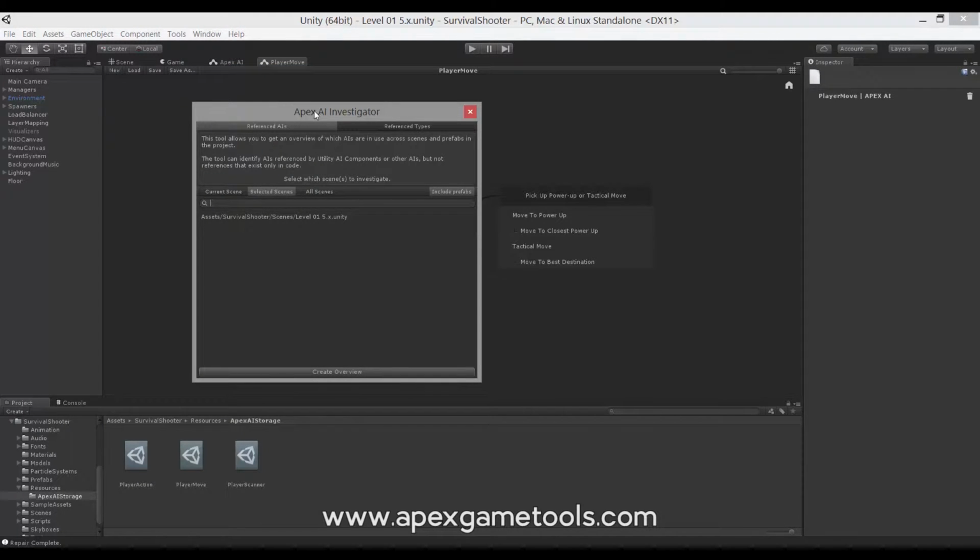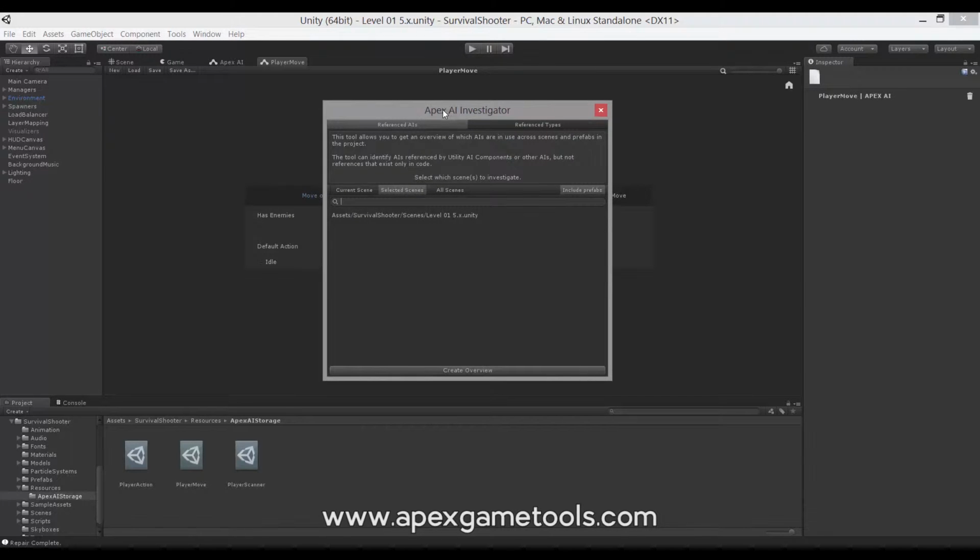You have two options when you first start it up. At the very top you can see there are two different options. We have referenced AIs and we have referenced types. We'll be starting by looking at this referenced AIs, which allows you to see which AIs are used where across